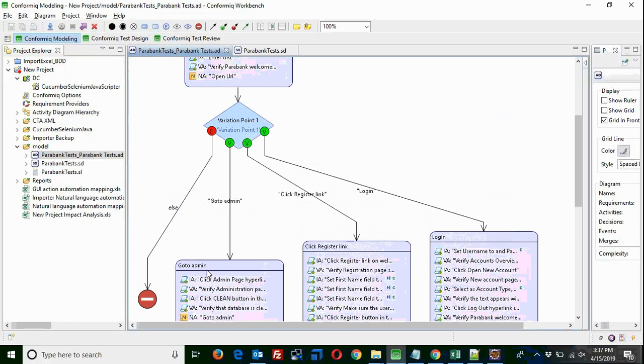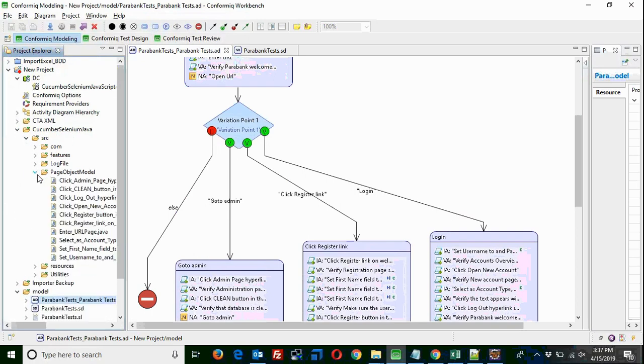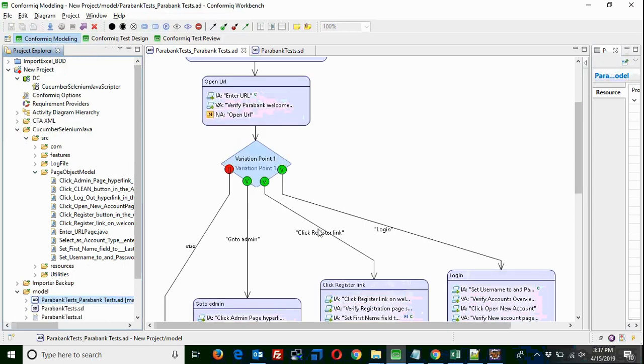In case we already have test cases, we can do reverse engineering. Suppose I have 50,000 test cases, whether I want to do the optimization or not, I can use the reverse engineering feature of Conformiq and generate the models out of the manual test cases. From the models, I can generate either UFT test cases, manual test cases plus UFT test cases, manual test cases with Selenium test cases, or manual test cases with BDD test cases. So in this example, our requirement is to convert the manual test cases to BDD automation scripts.